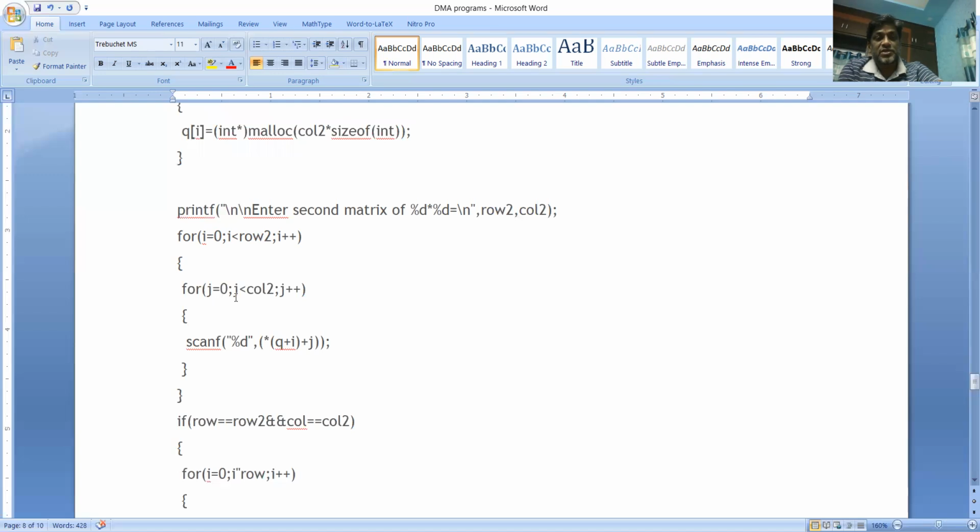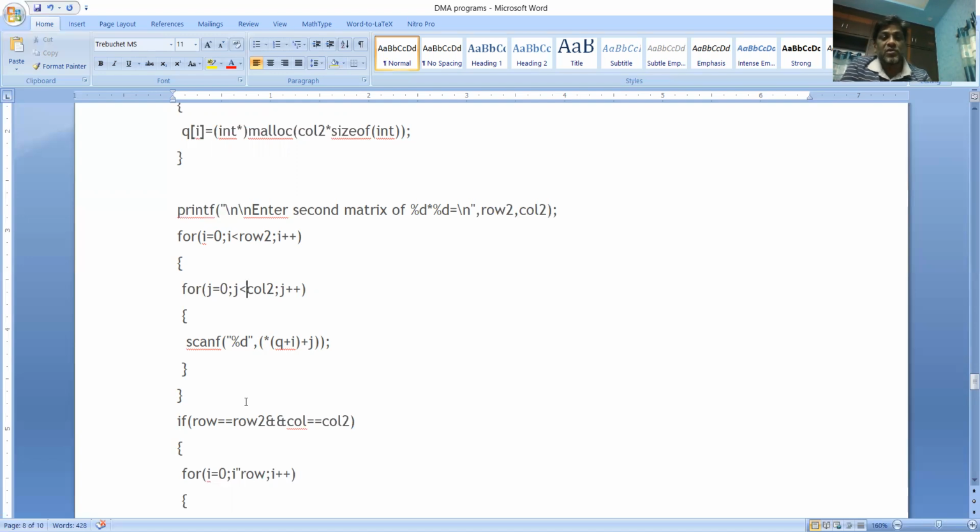For j is equals to 0, j less than column 2, j plus plus. Scanf of percentile d, star q plus i plus j. Okay, or else you can write ampersand q of ij, just like I explained in the previous matrix P. Okay, so now it is done. The task is done for reading the two matrices.